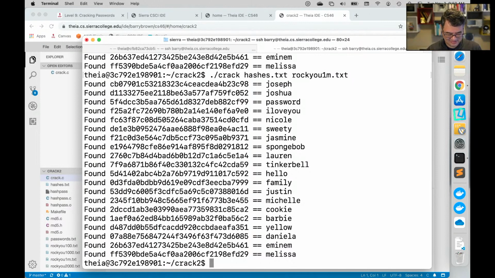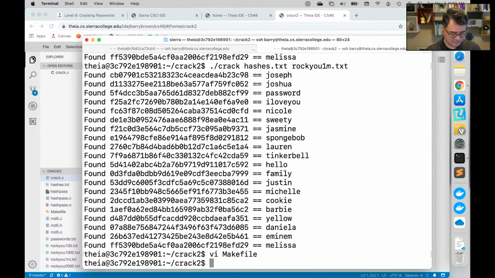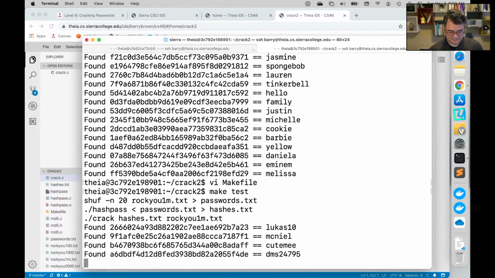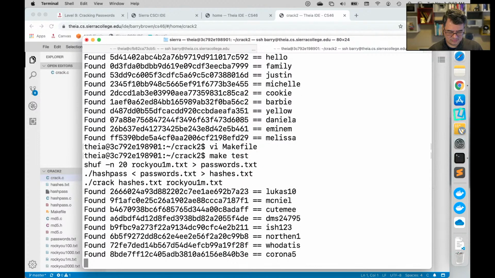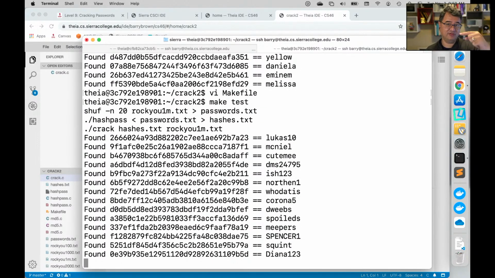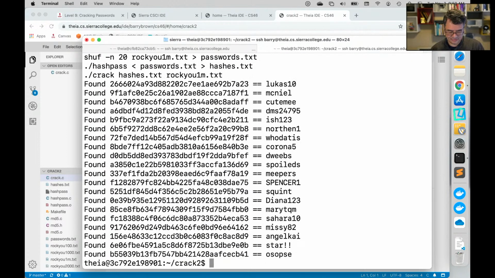All right, so we need to go into the makefile and change the file to the 1 million. Are you doing that? I can do that, yeah. All right. Much slower. But you can see it's a little uneven in the timing, because sometimes it finds the word quickly and sometimes it has to go further into the file. Yeah, that's neat.